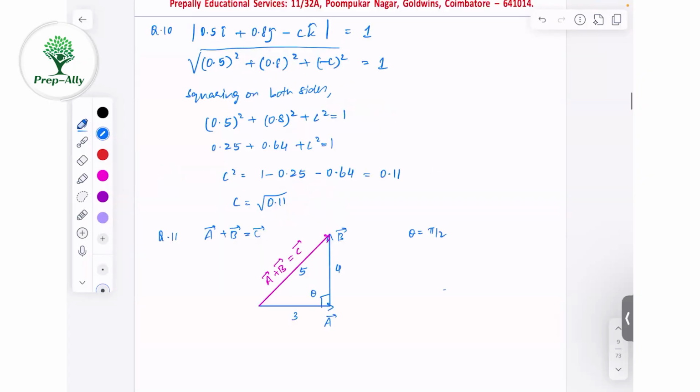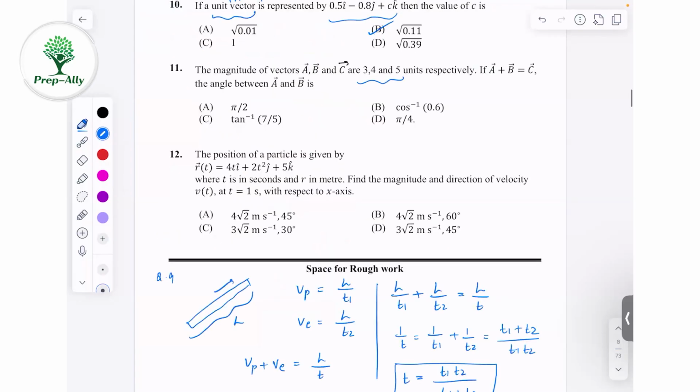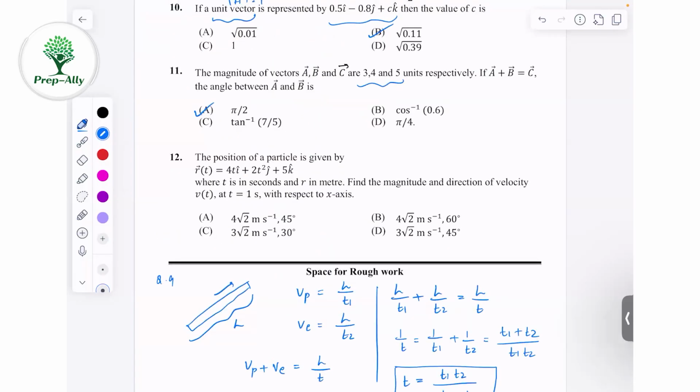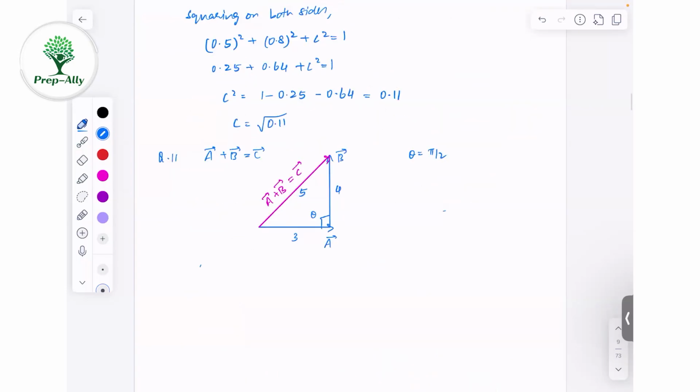So either we can directly look at the value and say it is pi by 2. But what if you don't figure out that these are Pythagorean triplets? Then how will we do the problem? If for whatever reason you could not figure out that they are Pythagorean triplets, then we can approach the problem